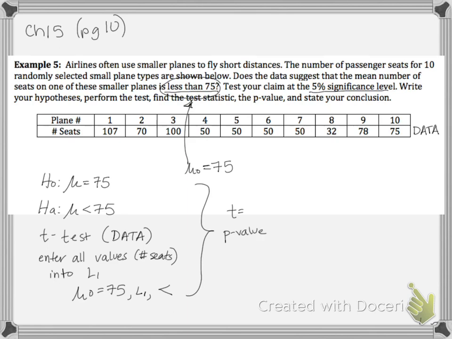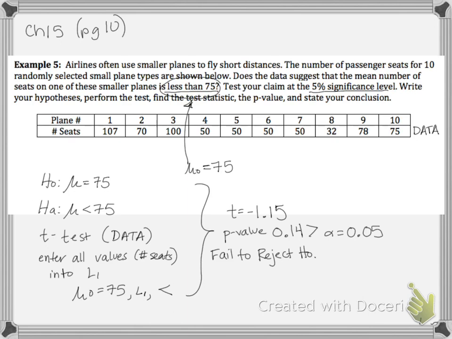I apologize for going off the page here, but I just wanted to make sure I include, I'm going to draw a little picture because I haven't done that yet, okay? So our test statistic in this case, or our t-score, is negative 1.15. And our p-value here is 0.14. Now remember, we want to compare our p-value to our significance level, which is in fact here 0.05 or 5%. So 0.14 is larger than 5%, which means we would fail to